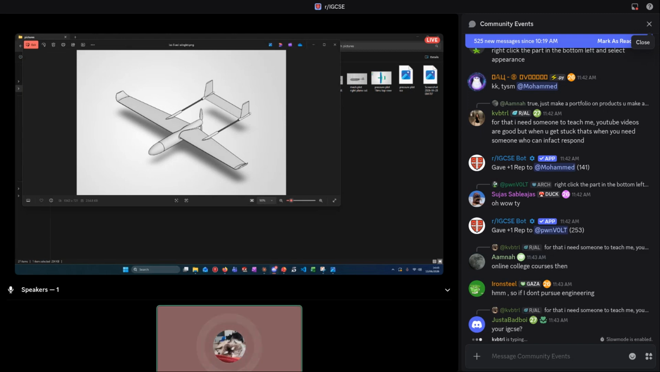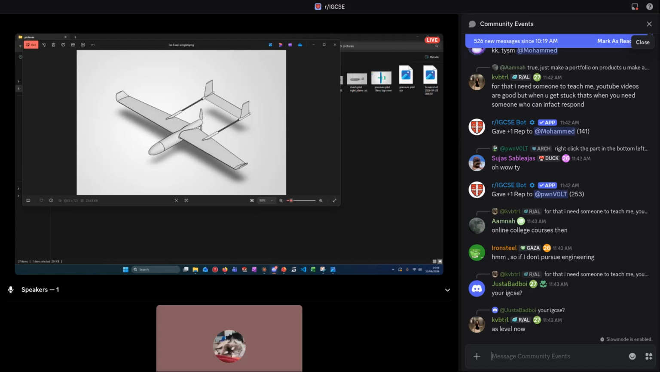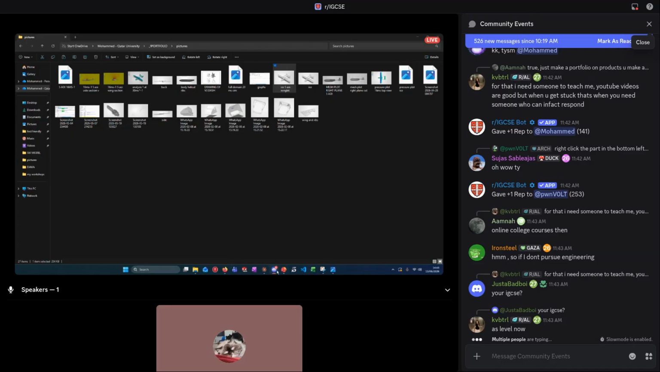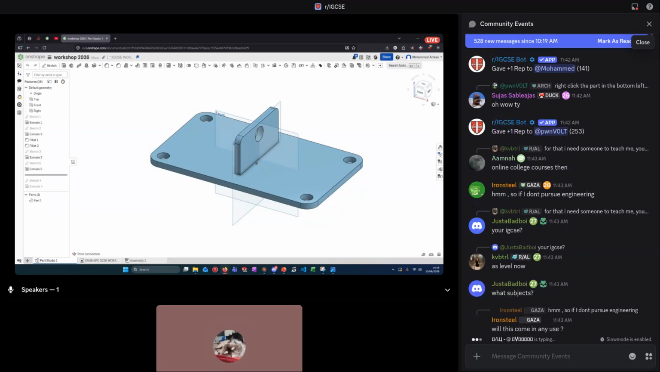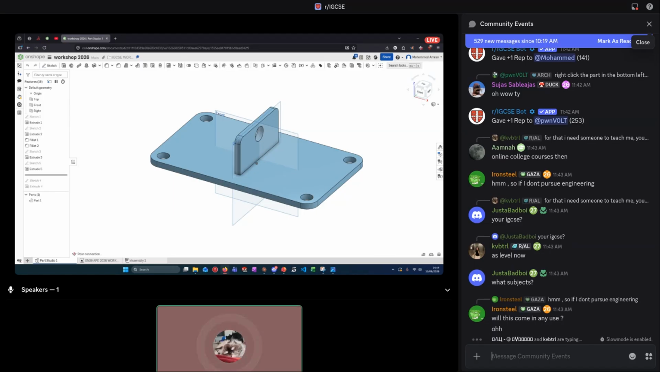So if I don't pursue engineering, will this come in any use? I know some people who have a 3D printer, and whenever they're missing something in their house or they want to make something cool, they design something on CAD and they print it, like let's say a clothes hanger or something like that. So other than that, I don't think it will be of any use if you don't pursue engineering, but it's good to,